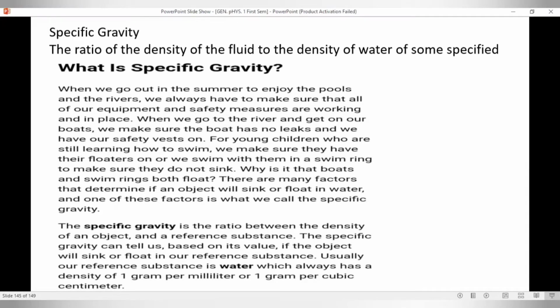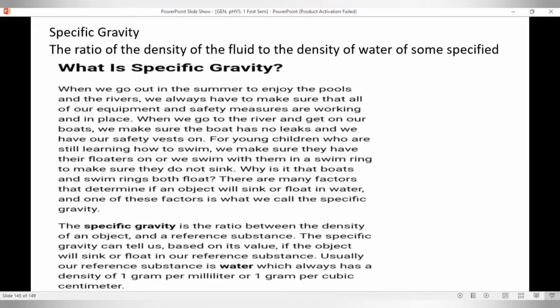And ang pinag-uusapan po natin dito ay bakit hindi nagsisink yung mga swim ring or boat. Ang ibig sabihin, ang ating reference substance here is the water. The specific gravity can tell us based on its value. So by the value of the specific gravity of a certain object, madedetermine na natin yung isang bagay if yan ay magsisink or not. Okay? If the object will sink or float in our reference substance. Usually, our reference substance is water,